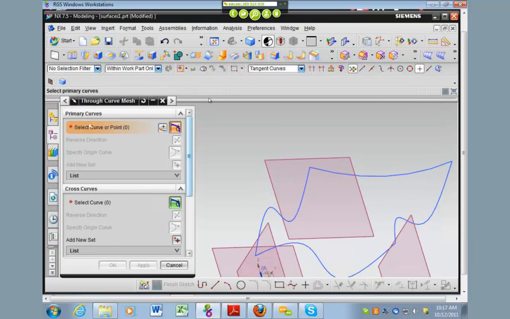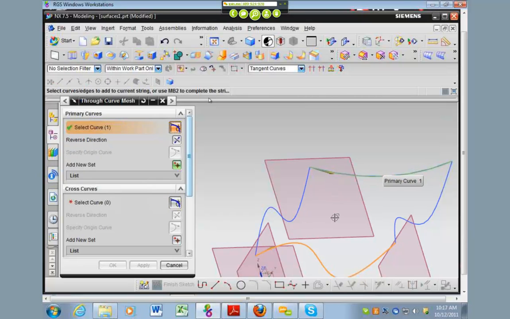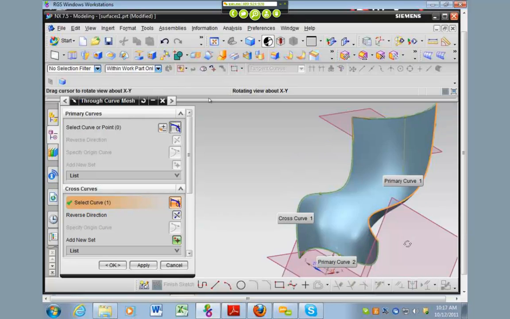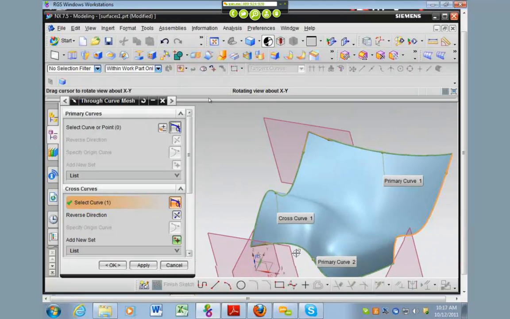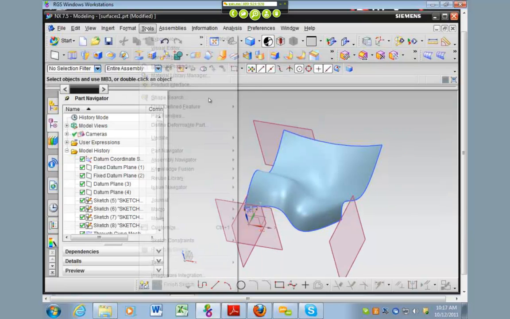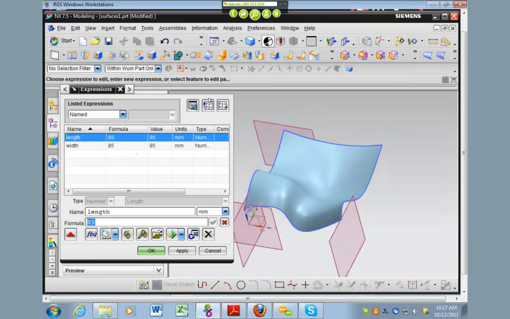So I select the primary curves, which will be this one, and I middle click and say this one. And then I go to cross curves, and I want this cross curve, and I middle click and this cross curve. And there it gives me that surface, right? Okay? And since those sketches are parametric, and since they will change with the expressions, so should the